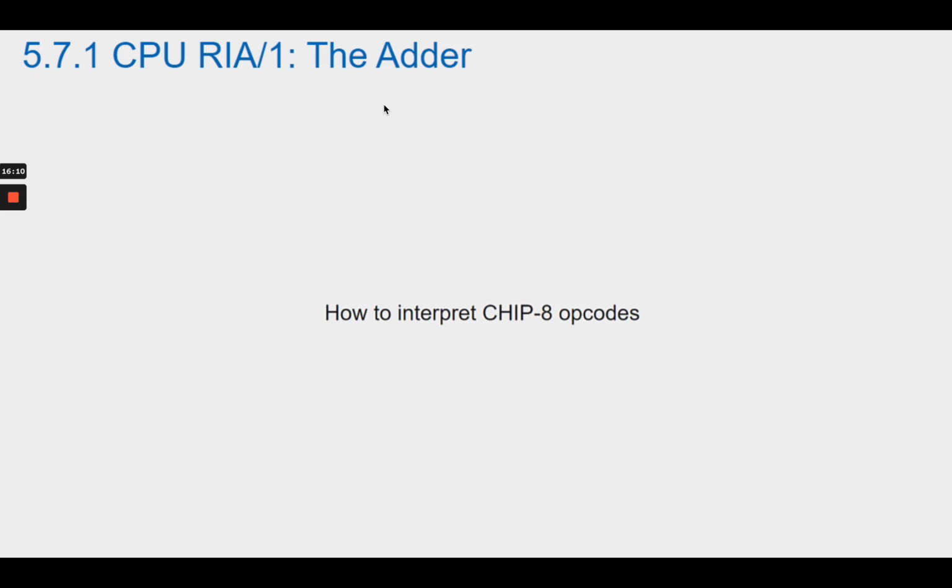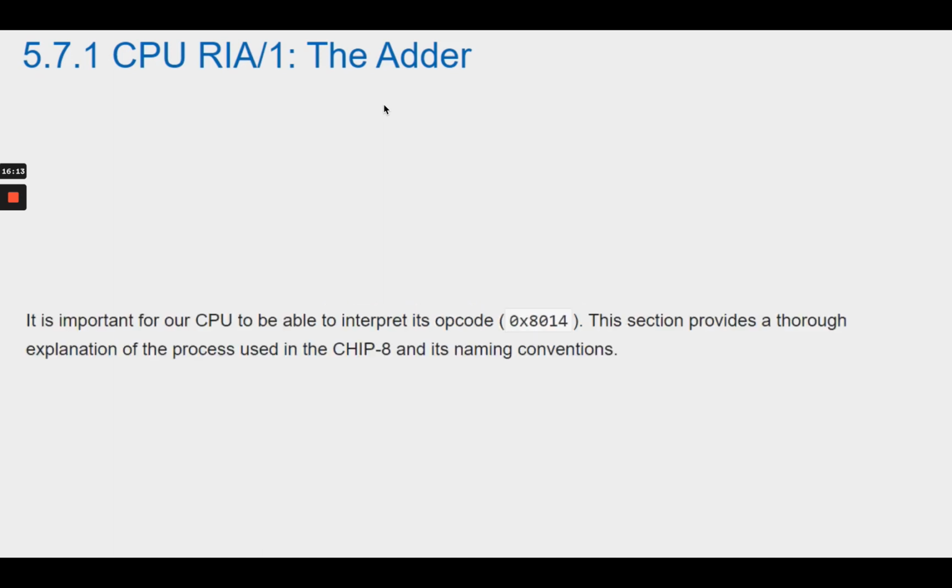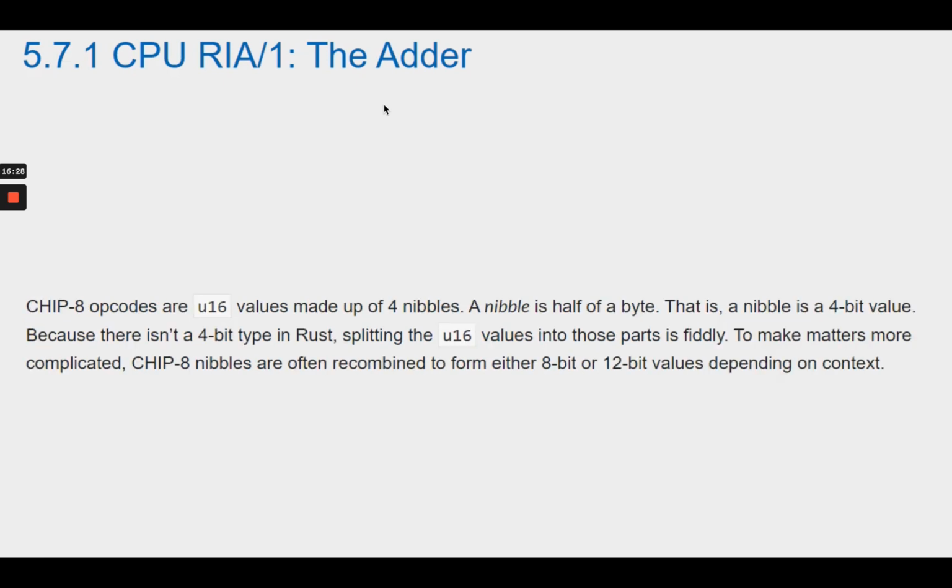How to interpret CHIP-8 opcodes. It is important for our CPU to be able to interpret its opcode, 0x8014. This section provides a thorough explanation of the process used in the CHIP-8 and its naming conventions. CHIP-8 opcodes are u16 values made up of 4 nibbles. A nibble is half a byte. That is, a nibble is a 4-bit value. Because there isn't a 4-bit type in Rust, splitting the u16 value into those parts is fiddly. To make matters more complicated, CHIP-8 nibbles are often recombined to form either 8-bit or 12-bit values depending on